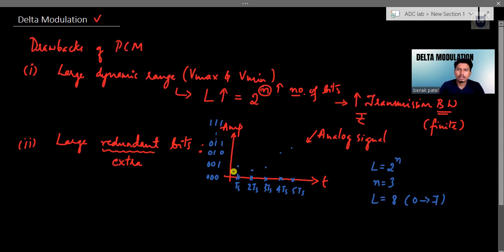Now, if I consider this sample value, it is very much nearer to 0, 0, 1, so I'll round it off to this quantization level. The very first value will be 0, 0, 1.